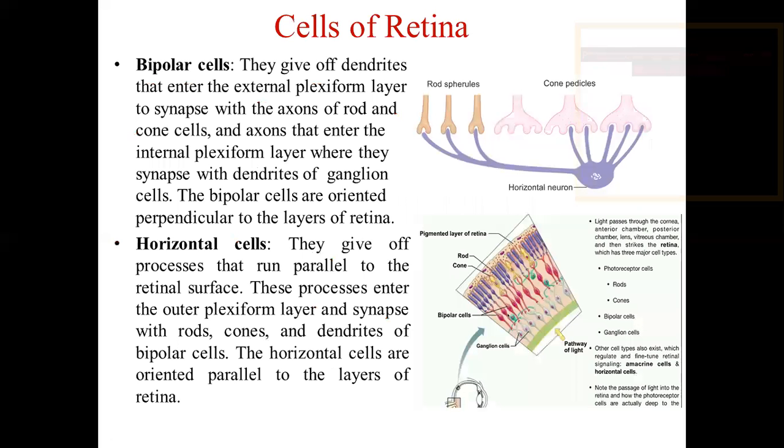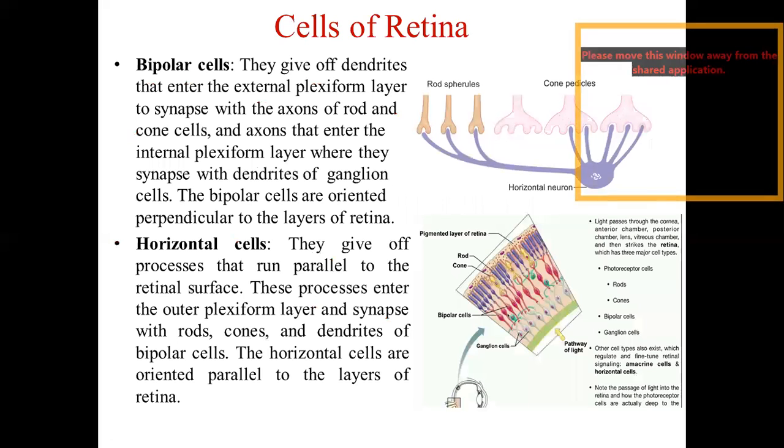So these are the total 10 layers of the retina. You should know each layer, what it contains, what synaptic contact it has. Very important slide. If you get this slide for slide discussion, you should know thoroughly about all the layers of retina. Now we will see how many different types of cells are present in the retina.